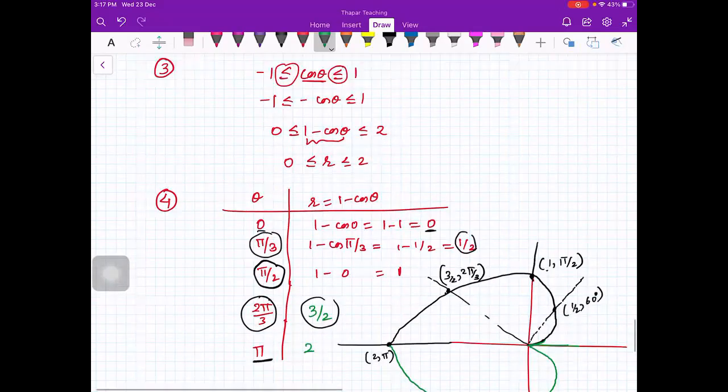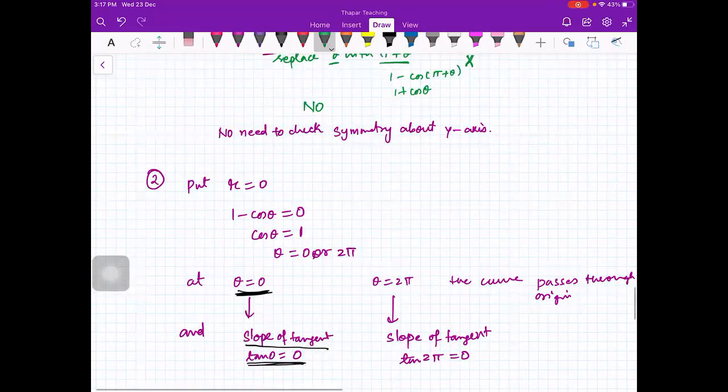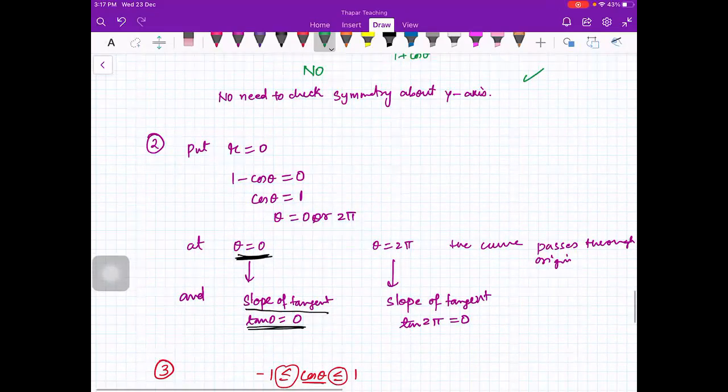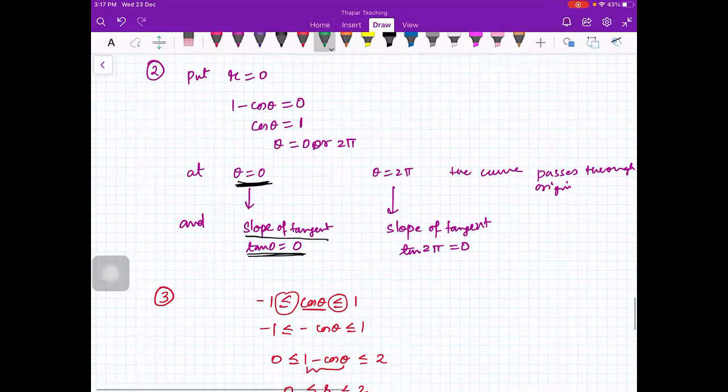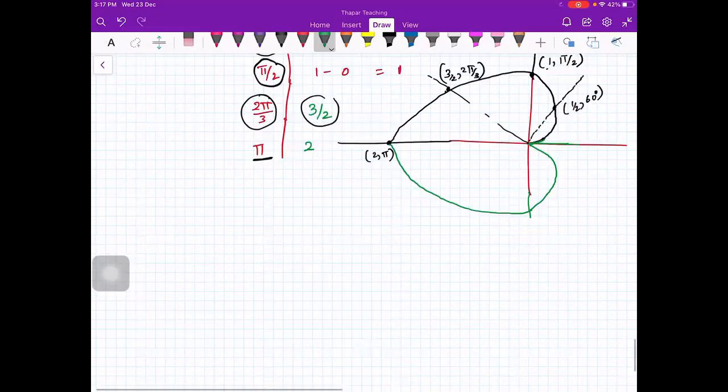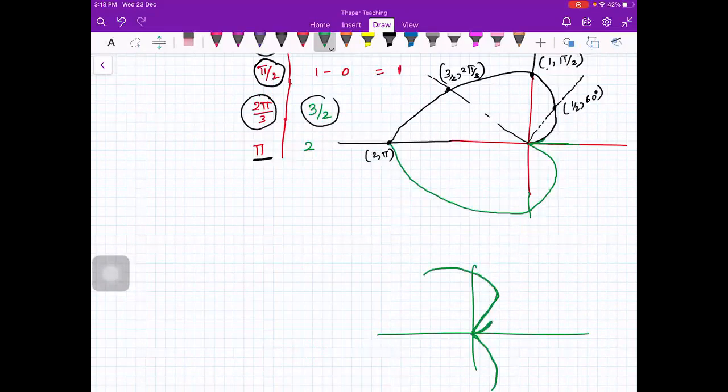See, beta, I am using the information that there is a symmetry about the x-axis. That is why I am just plotting above the line, and then I am using this information that the slope of the tangent at 0 is 0. Otherwise, you see, I can go like this also. If you plot like this, then this is the wrong graph. Why? Because you got the information that the tangent at the origin should have slope 0. So your graph should go smoothly along the x-axis at 0.